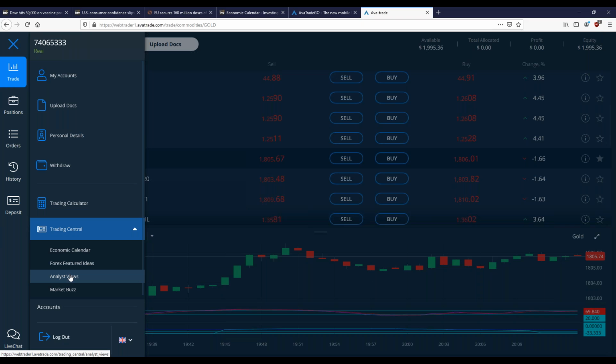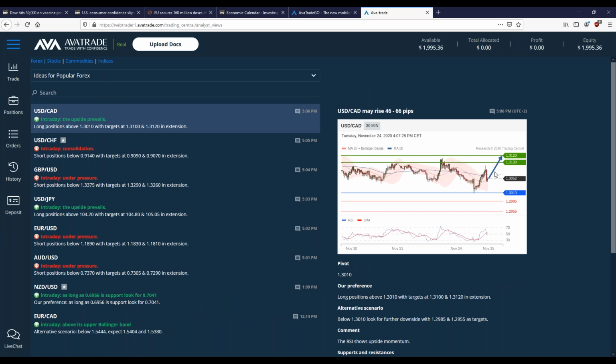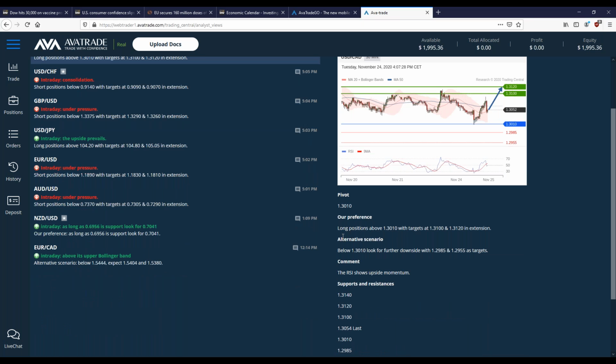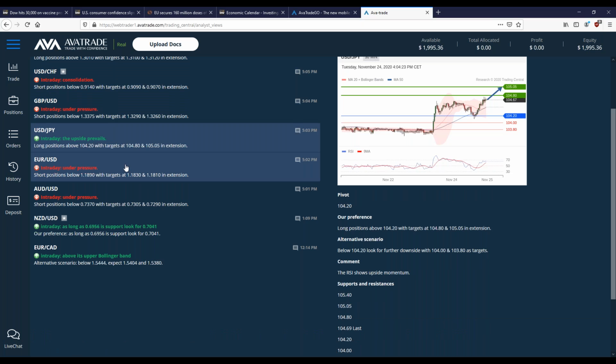I mean, I can look at analyst views. Look, I have live signals. It shows what breakout move is expected, at what price. Maybe you'd get in and get out. You could set up your pending orders, your market moves based off of these signals. It gives you all the information down here. Our preference, long positions above such and such price. You could put a pending order at that price then, or just above to kick in if it breaks through. This is the expected move if it breaks above that price. So whatever asset you look at here, you have live signals, okay?